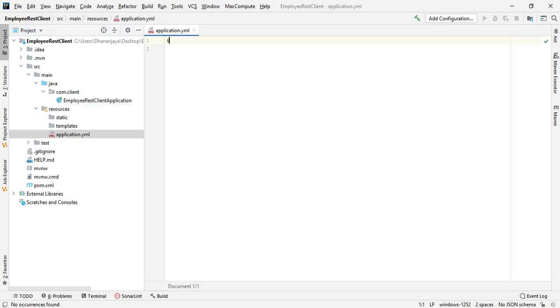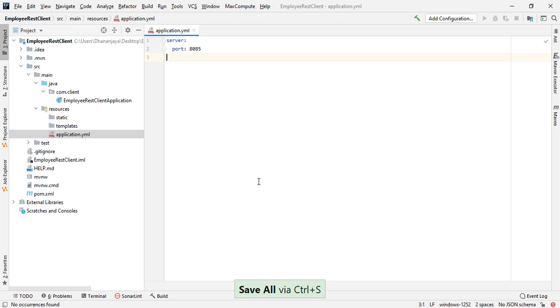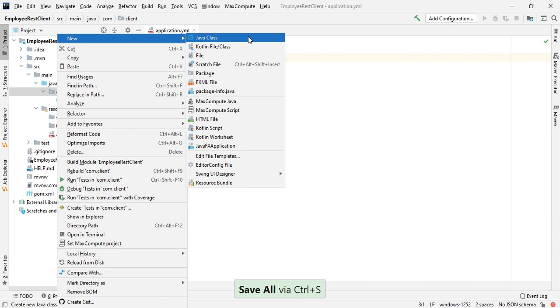First, let's change the server.port. 8081 or 8085 I will keep for the client application, because on 8080 one server is already running, the producer server, or the provider server is running. Let's create the controller.